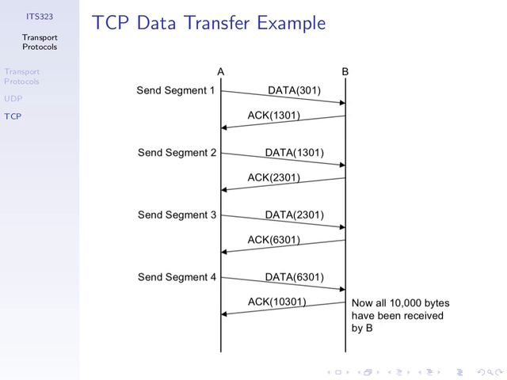Sometime later, the user opens up the application, loads in a 20,000 byte file and presses send. That is, they want to send more data to the destination. Then we just continue on using those sequence numbers. Within the same connection,